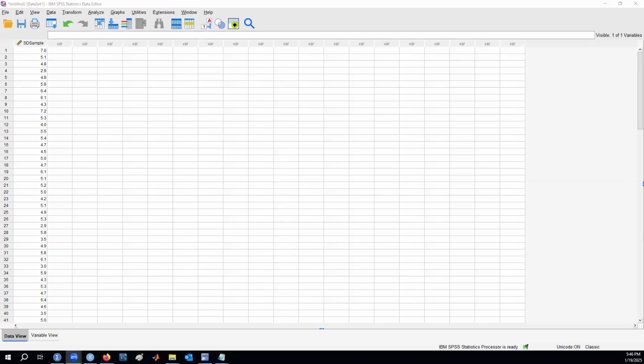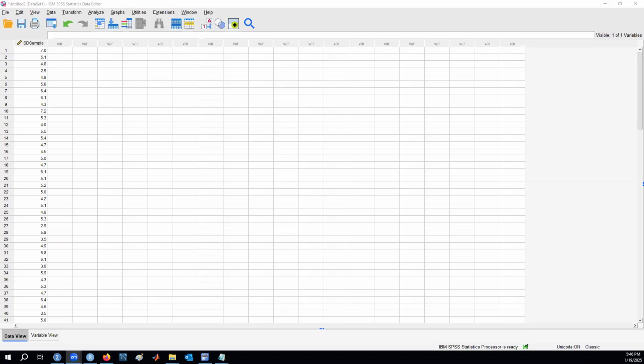A QQ plot can be utilized in tandem with the Shapiro-Wilk normality test to supplement or confirm the findings of the Shapiro-Wilk test. Ideally, if data observations are normally distributed, the dotted observation points should follow a solid trend line as closely as possible. As always, all code related to this video's exercises can be found within the video description